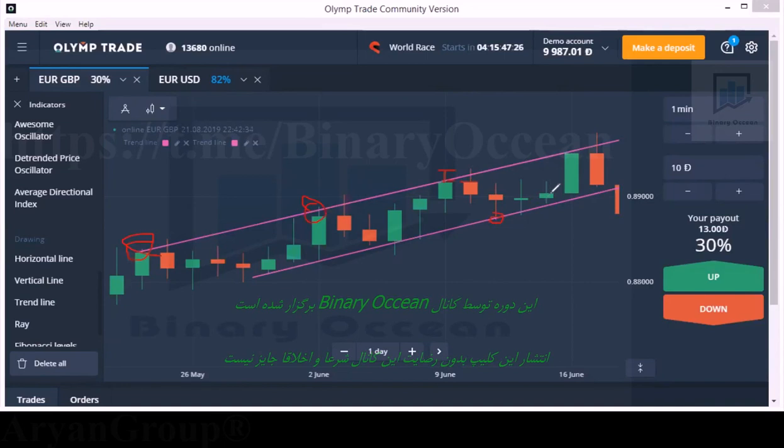And here also a reversal sign. So you can enter here. It will be your exit point because you know this is a seller's area. So there is no rejection. It means the market may break the level. So it's better to avoid. If you want to trade, you can enter directly without any confirmation on the next candle. And it will be your exit point. So if you see these two entry points, you can enter here. Entry point, exit point, entry point, exit point. So again you can enter, but we are seeing a breakout candlestick.